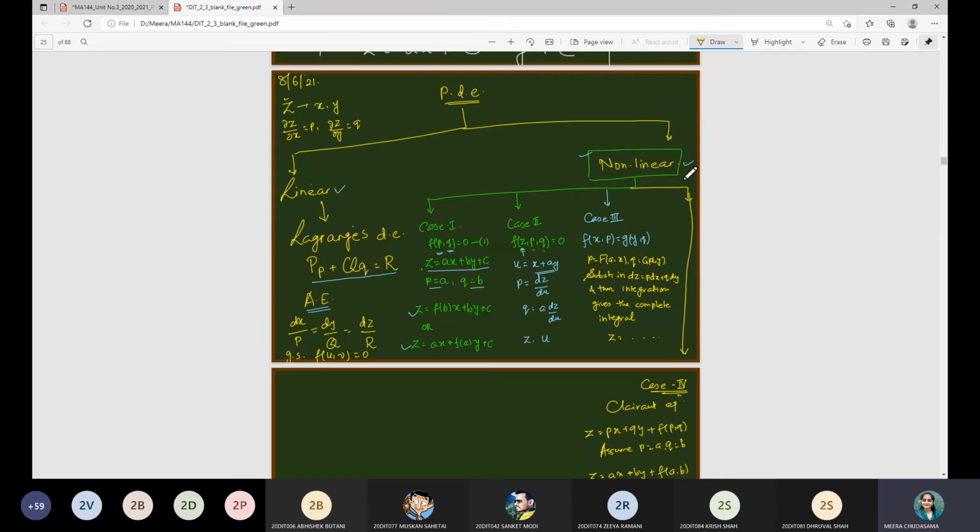पूरा एक्सप्रेशन पार्शियल डिफरेंशियल इक्वेशन का. But you can see that we have considered only the linear and non-linear cases of the first order partial differential equation. Now the question is, when we are given a higher order partial differential equation, then how to solve that particular one. And higher order differential equations have applications on the engineering side. So if we consider the particular case, let me share one file with you people. फाइल मैं बाद में शेयर करती हूँ.